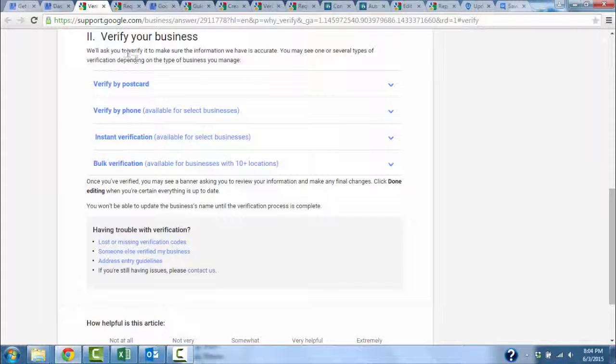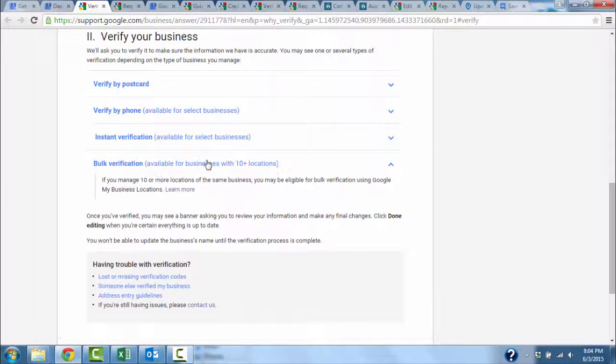So we click Learn More, and it tells you that there's 4 different options: by postcard, by phone, instant verification, bulk verification. Phone's a little tricky because you have to coordinate with the sales counselors to be available, and then the main office, if you have prompts, it won't work because it will call the number specific to the address. So if we have 10 or more, we can do bulk verification, and this is an option on how to